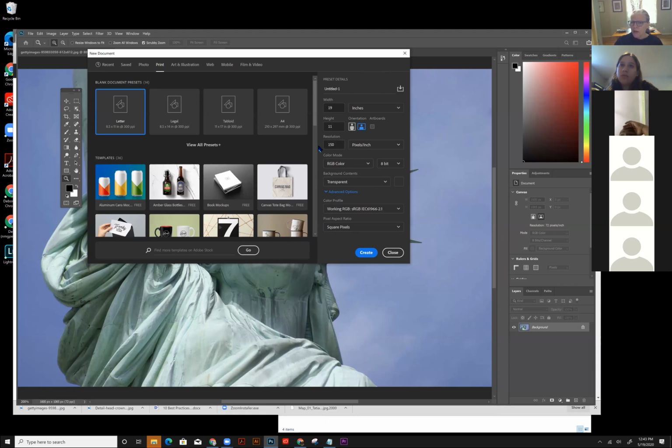And so RGB, 8-bit is fine to leave it at that. 19 by 11 is good to have. And right up here, you can call it hyper, dash, or underscore. And what I would like you to